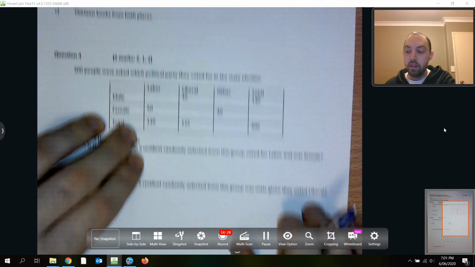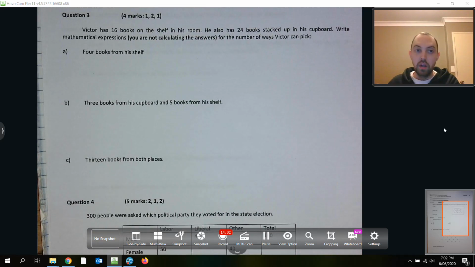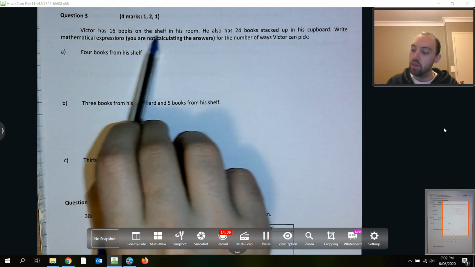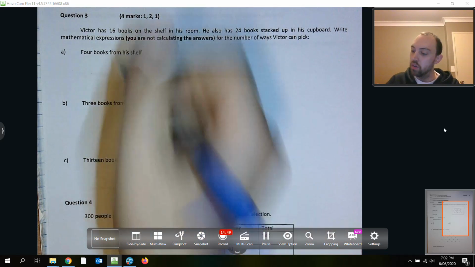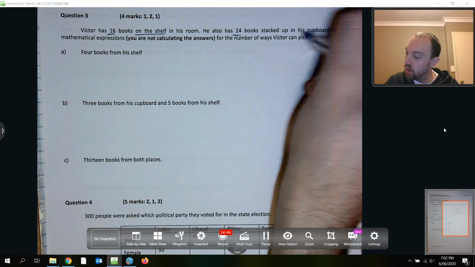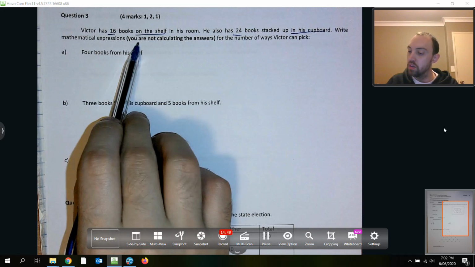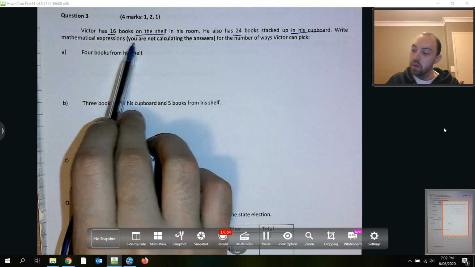So with question 3, once I get it on the screen here: Victor has 16 books on the shelf in his room. He also has 24 books stacked up in his cupboard. So 16 on the shelf, 24 in his cupboard. Write mathematical expressions, and then bold. Always pay attention to the bold. You are not calculating the